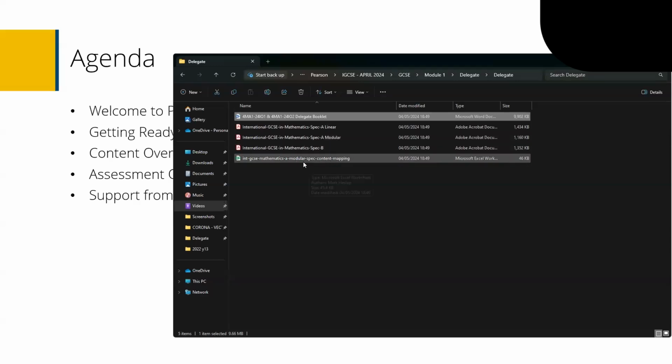And then you also have some mapping document as well, which you might find useful to look at within your teams, or your colleagues at your school as well. So that's in the delegate book pack that you can download, and I'll make reference throughout the session. So then, going into our